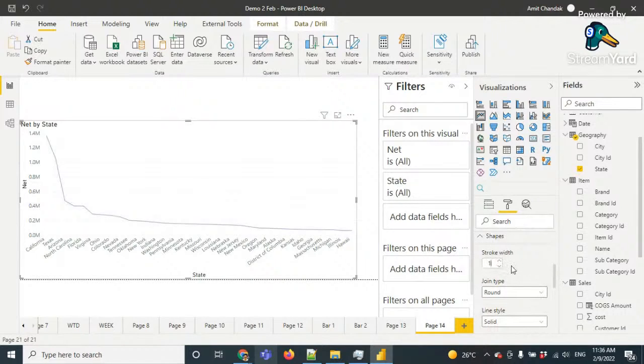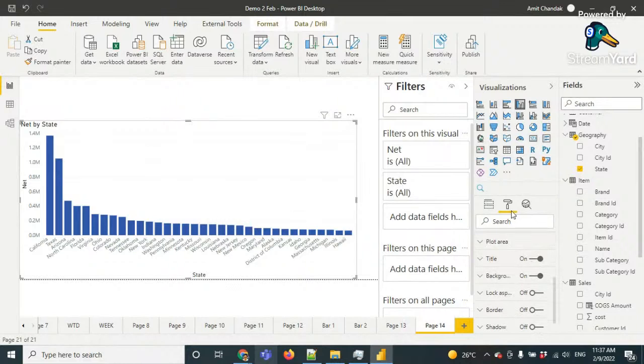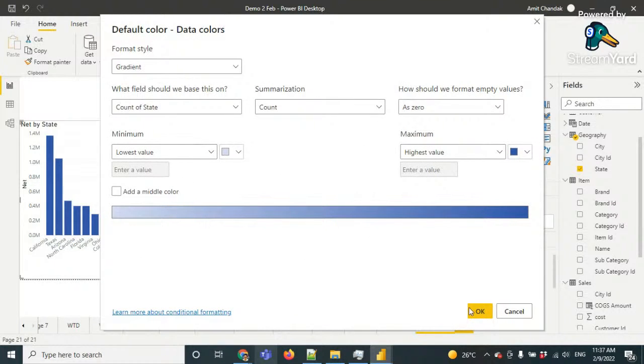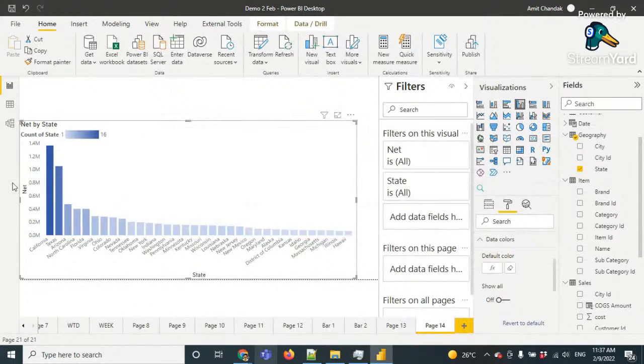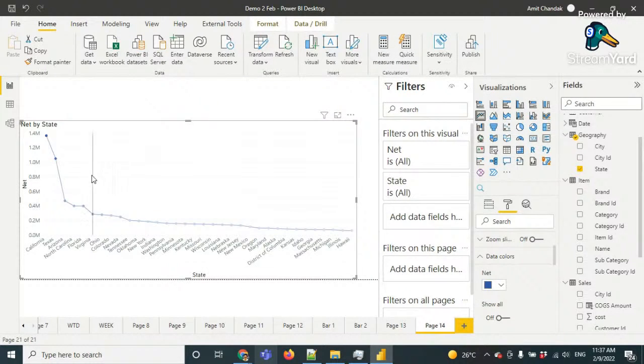Now I still wanted to have some coloring done here. The way we can get the coloring done is we can go to the bar visual and do conditional formatting there. So we go to the data color, we go to the effects, and this time I'm going to do the gradient one. So you see this is the gradient. Lighter, lighter, lighter is all good. I go and change it to color. See, you see this line